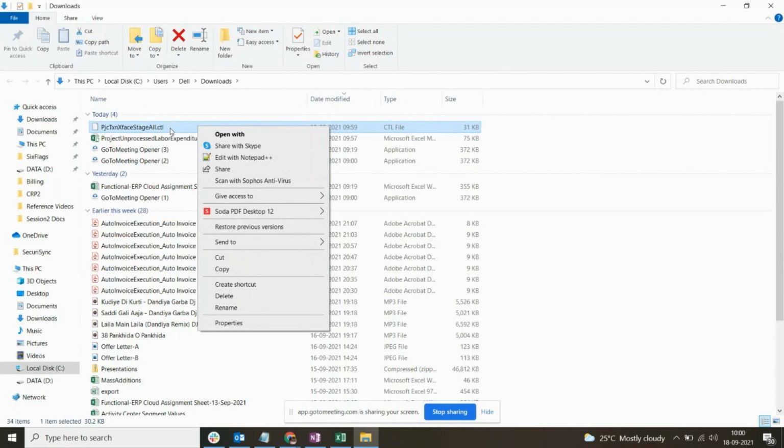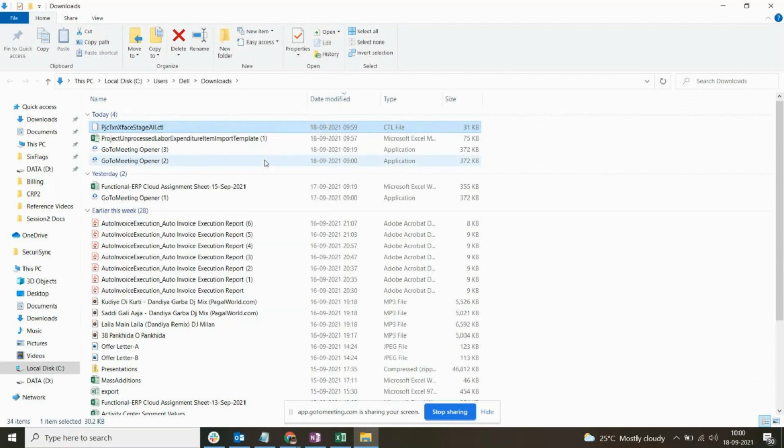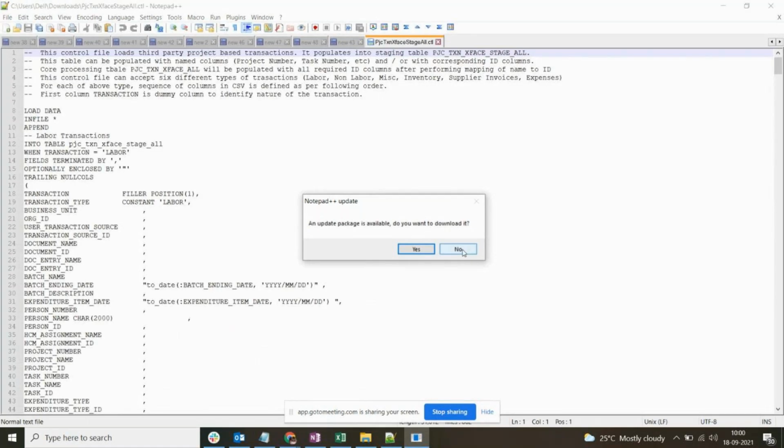When you see it in Fusion, the technical team is not required. Who is going to create this control file? No one. Oracle has already given the control file for us, right? So this is the first dependency with the technical team. We don't need any technical team because Oracle has already provided the control file for the respective conversion. So I can simply open this control file. Now I can see